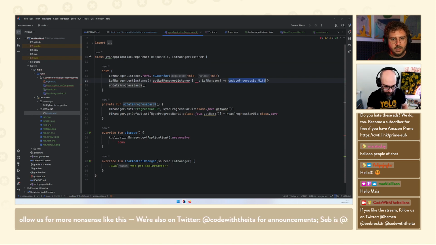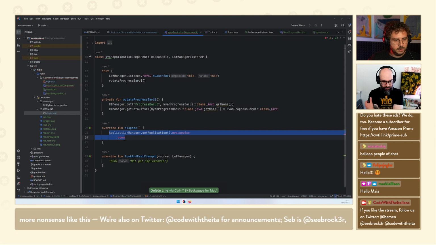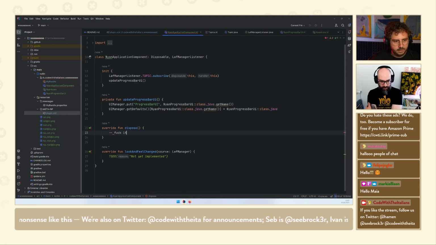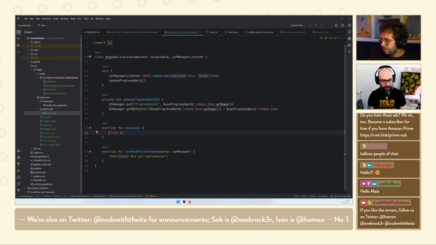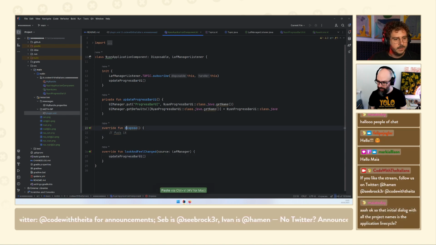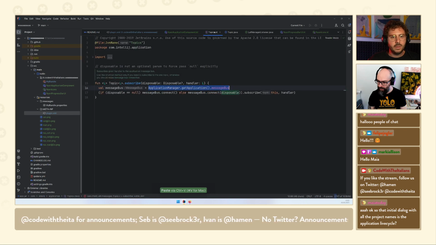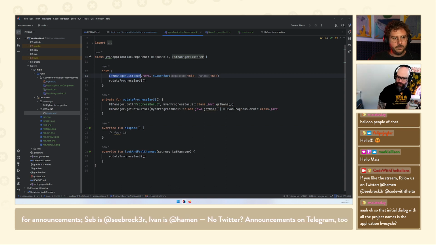Okay. So what do we put in the dispose function? The stuff that was in here. Dispose function, yeah. Fair enough. What keyboard is this? It's the Polish keyboard. I know I had the Japanese one, I think, by mistake. Must have changed it. Anyway, so essentially what this is doing is